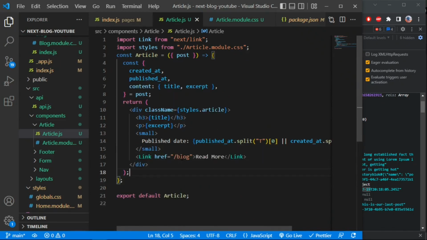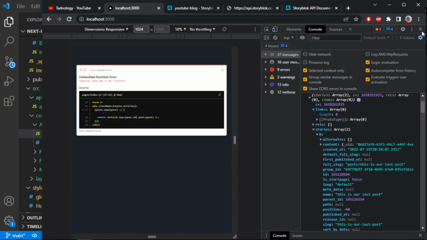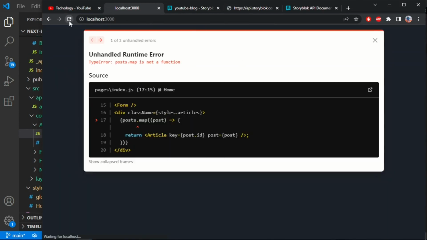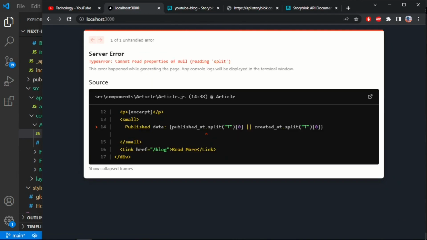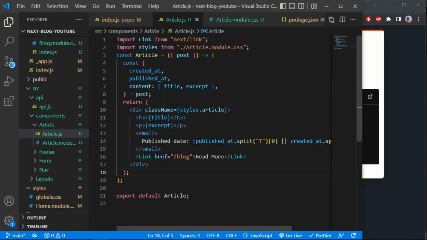So we can save this, and let me close this. This guy is crazy. Post is not a function, it's a function. Wait, let's see,